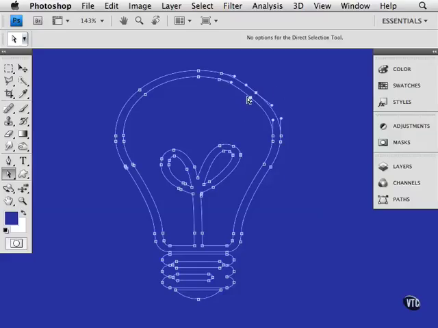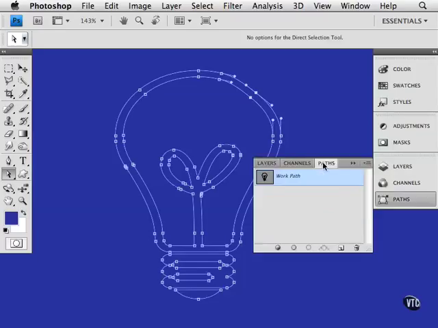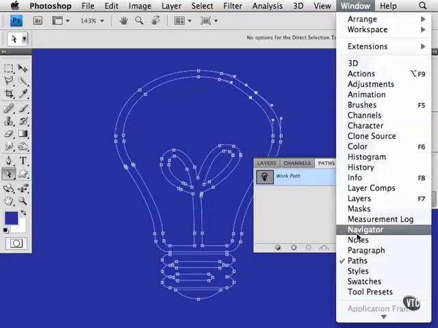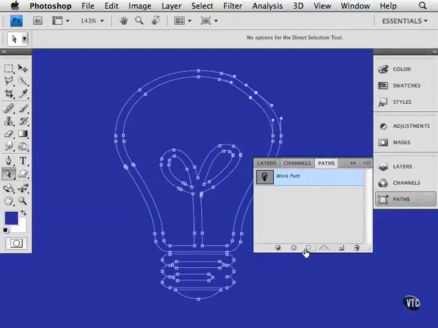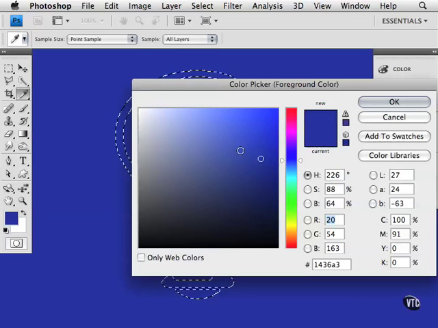Once you're ready to take this shape and give it a color, we have to turn it into a selection. So what we can do is go to the layer panel, and choose to go to the paths section here. And if you don't see paths, don't forget you can go to the window menu and choose paths. You can click on this icon right here, and what this will do is take this path and load it as a selection. Now we can grab a color such as yellow,